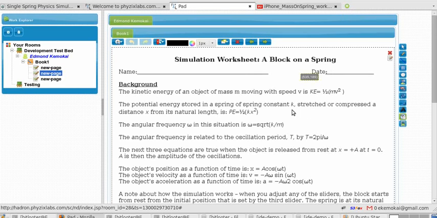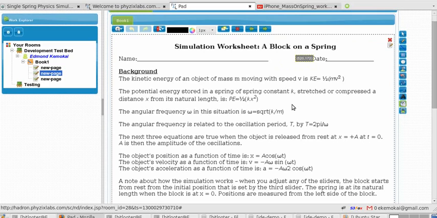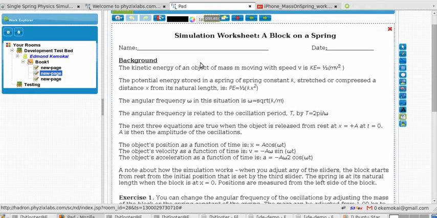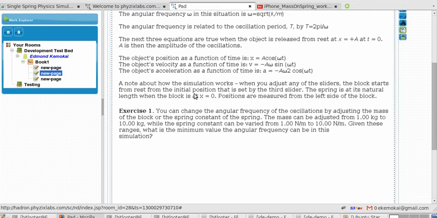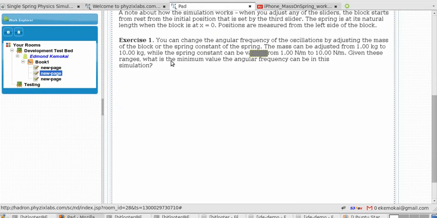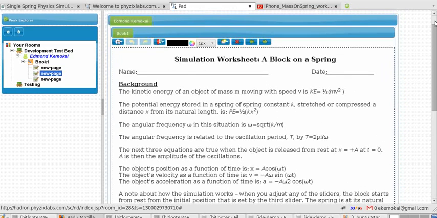SimuPad gives you, as an instructor, an environment suited for that sort of use. You don't have to use multiple tools. So you come in as an instructor or a teacher, you set this up, and let's scroll to the bottom. So the first thing that you're being asked as a student is to do question 1, exercise 1. So let's include the actual